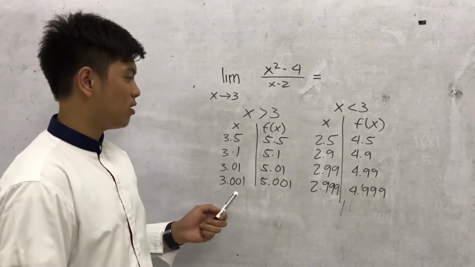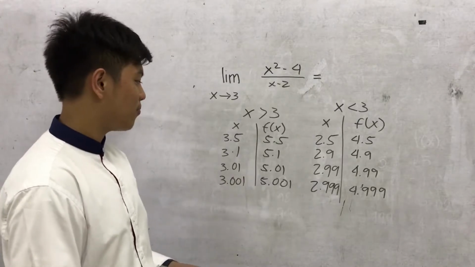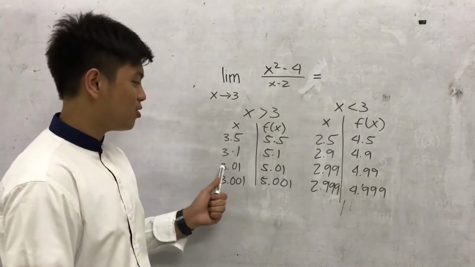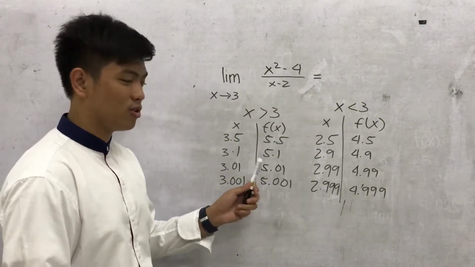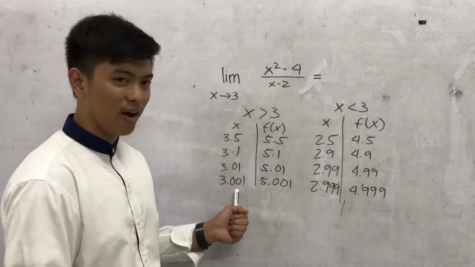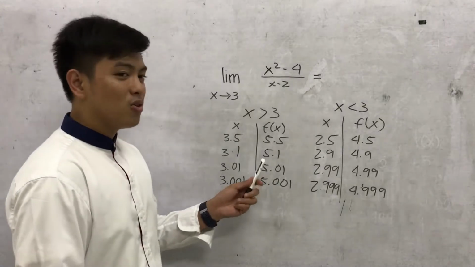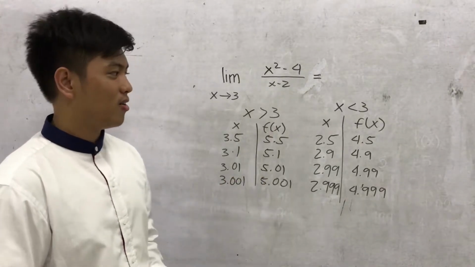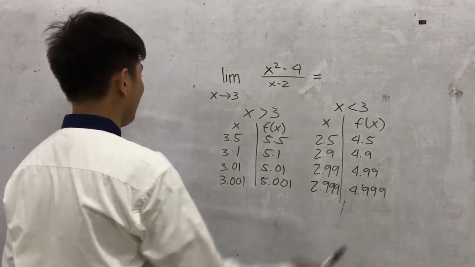Substitute 3.1, you'll get 5.1. Substitute 3.01, you'll get 5.01. Substitute 3.001, you'll get 5.001. For this second table,